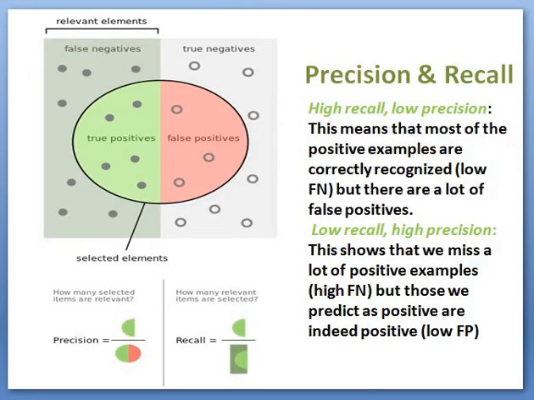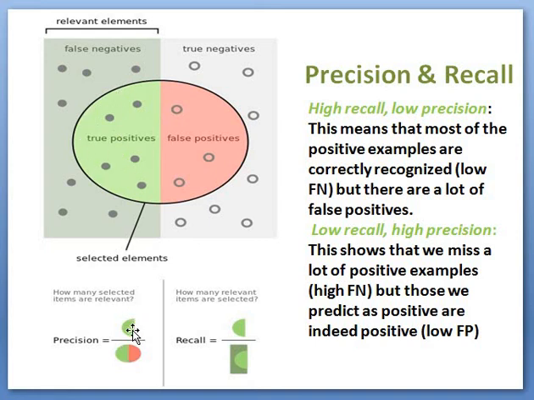And this is a diagram which shows the measures precision and recall. A circle is there; half of the circle represents true positive, and the other portion represents false positive. Outside there is a square; half of the square represents false negative, and the outer area of this square represents true negative. So precision means how many selected items are relevant. Precision can be calculated as this green half semicircle divided by the full circle.